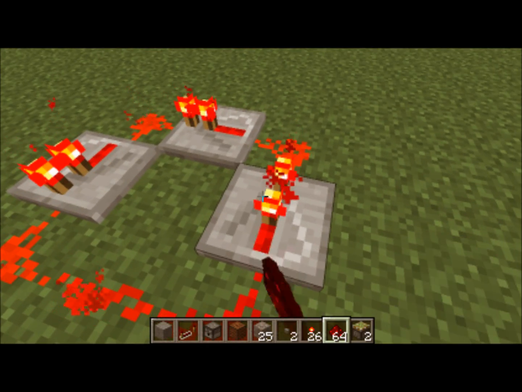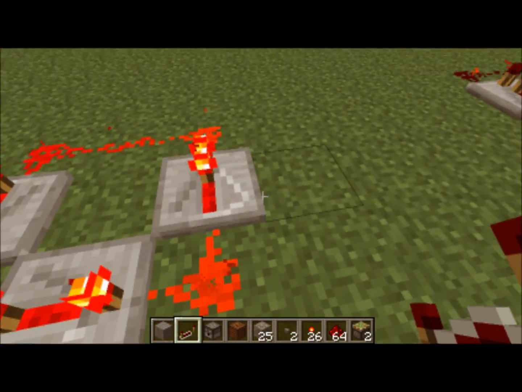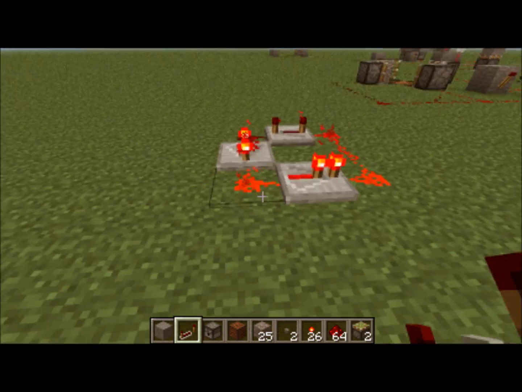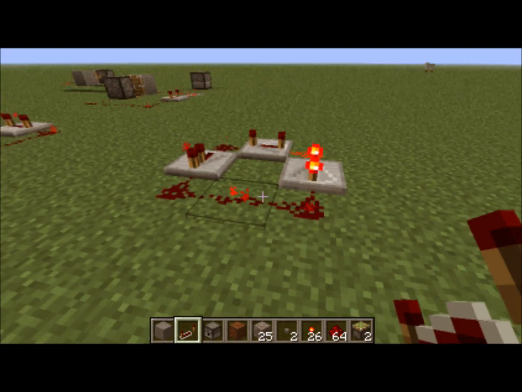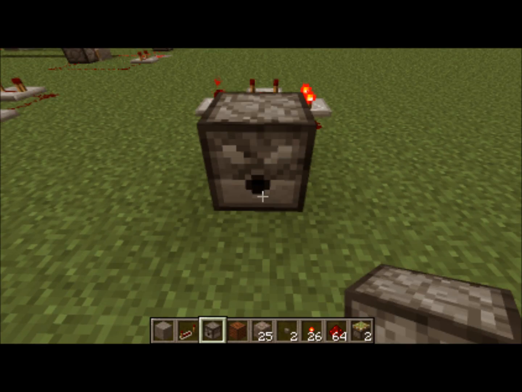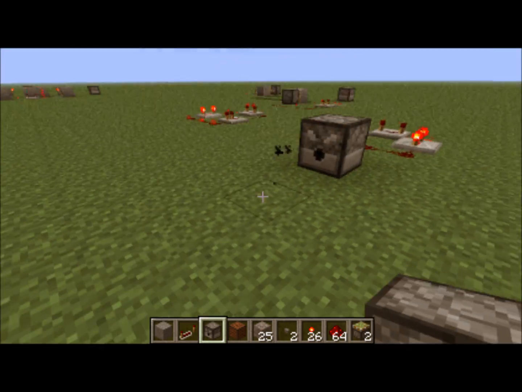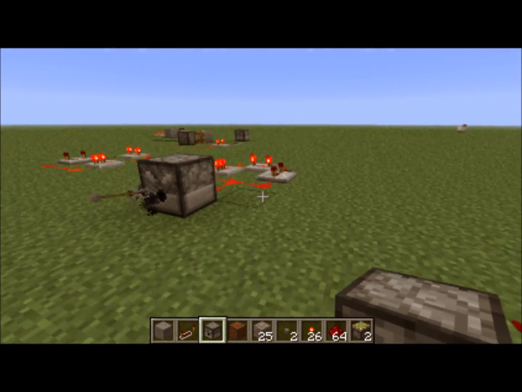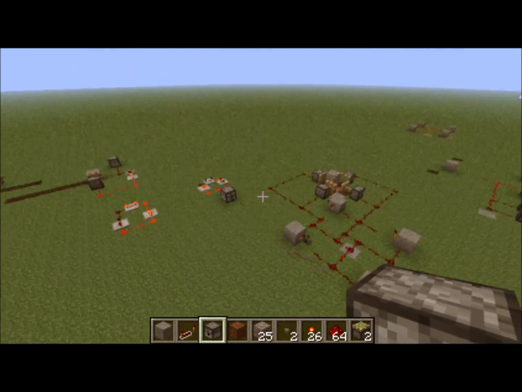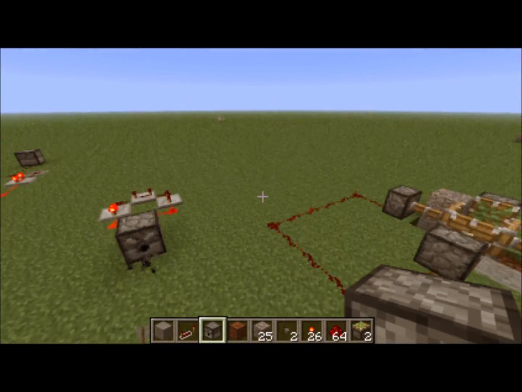Alright, I'll set a delay so I have more time to do this, but what you gotta do is pick up and place back the thing there, and the current will just travel around. And then you can again set something off to the side, and it will continuously power on and off, creating the desired effect. So that was just me playing around with some redstone, making some continuous redstone repeaters for you